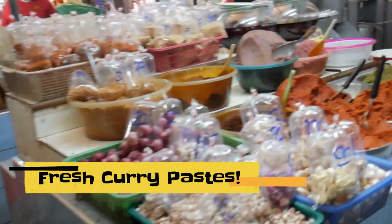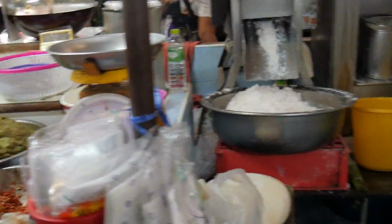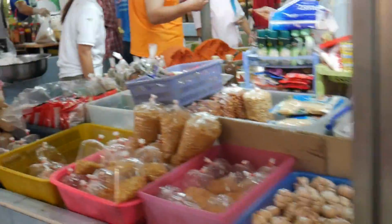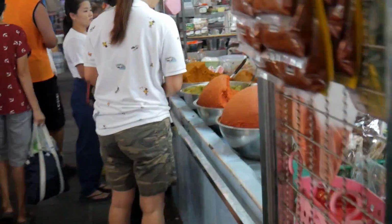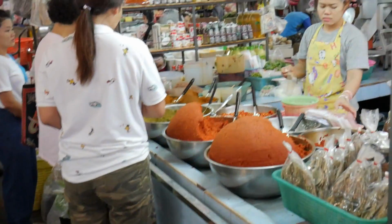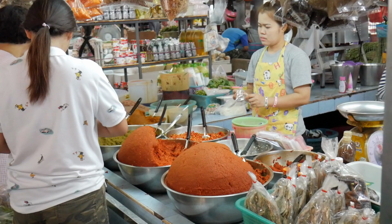So here is the answer to the question, why do Thai curries taste so much better in Thailand than they do anywhere else? And that is that in Thailand you can get these fresh curry pastes, and every market has multiple sellers. You've just seen two of them. But these curry pastes are not mass produced. They are made fresh every few days, and what they do is they put all these ingredients in these large automatic mortar and pestle machines, and they grind up the ingredients, and they're extremely fresh,